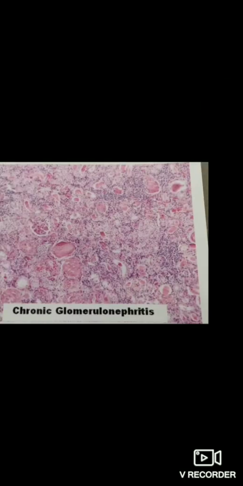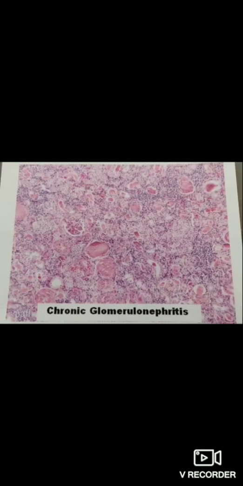Coming to the microscopy of this condition, here we can see that the glomeruli are reduced in number, and most of those present show completely hyalinized tufts. They are giving the appearance of acellular eosinophilic masses. Now coming to the tubules, many tubules completely disappear, and those that are remaining show atrophy. And some of the tubules even show hyaline droplet degeneration, and some of them are filled with eosinophilic homogeneous casts.